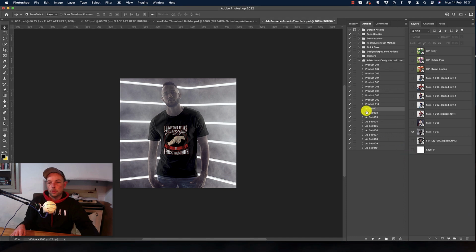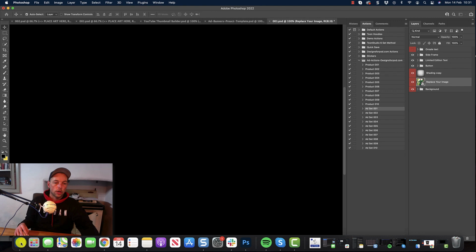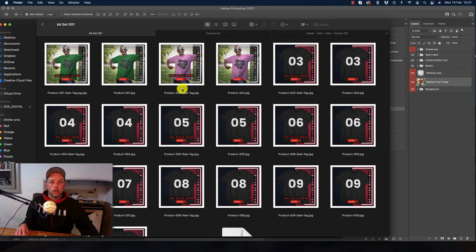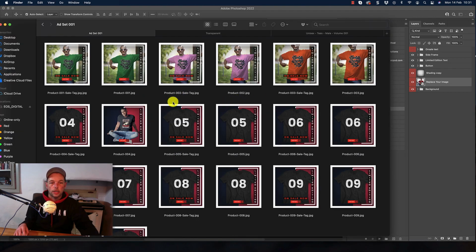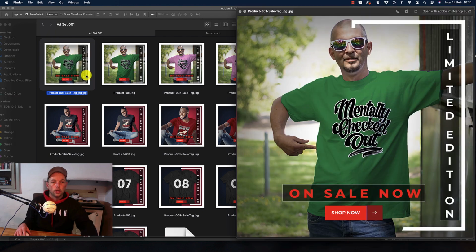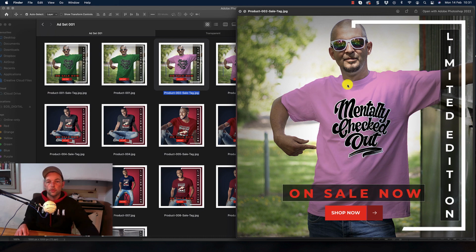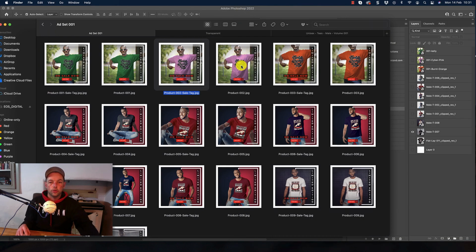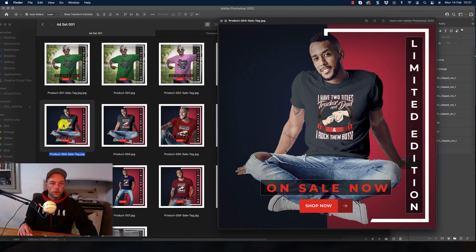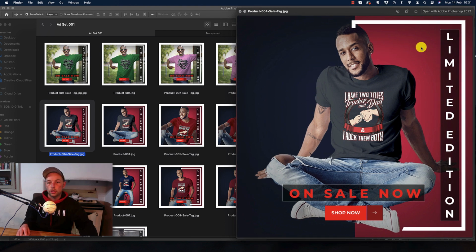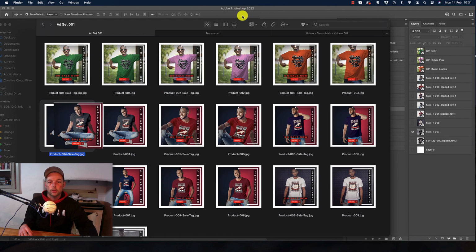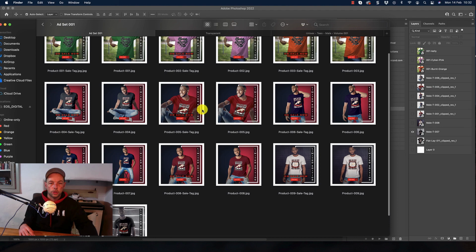So let's go ahead, I'm highlighting set 1 and I'm going to hit play, and what it's going to do now, it's going to go and grab our images that we just saved, and it's going to start putting them onto the ad images. So as you can see, we have a solid background which it works on. So if you've got fully solid images, they're fine, no transparency. And we also have transparent ones. So this red and blue split background is the background behind this guy. So if your product was transparent, that's what it's going to show behind. And here's the one here we zoomed in on,